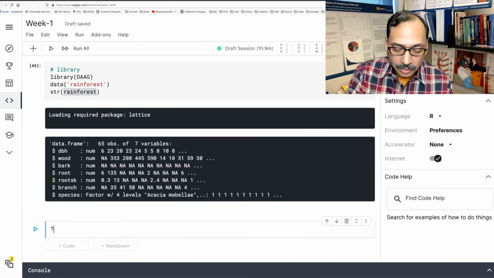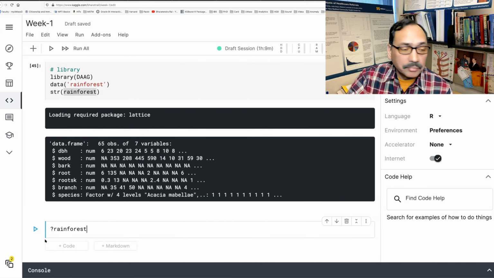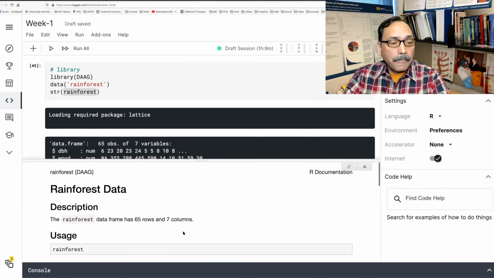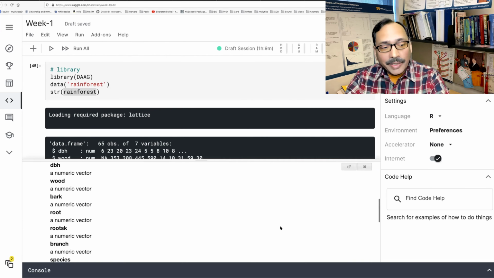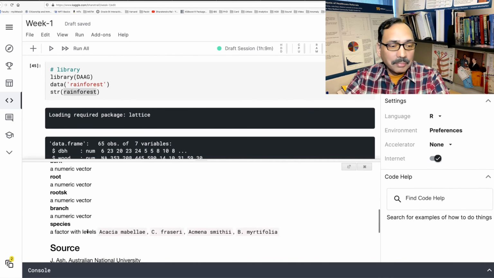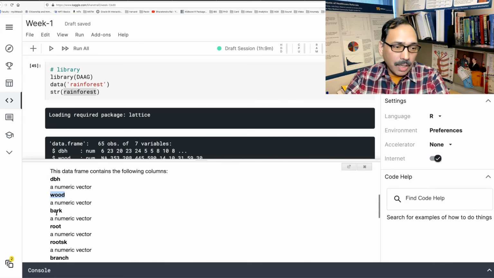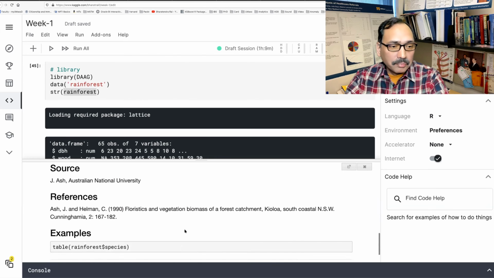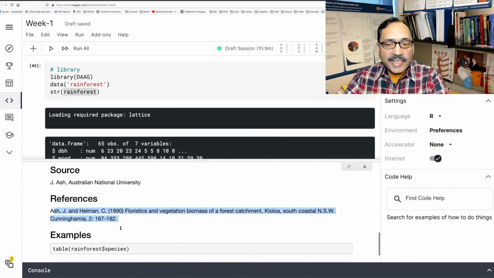Put a question mark and name of the data set and run, and it will give you more details hopefully. Like, may not be in this case, it only says wood is wood, bark is bark, and root, and so on. But it also gives you reference and a small example.